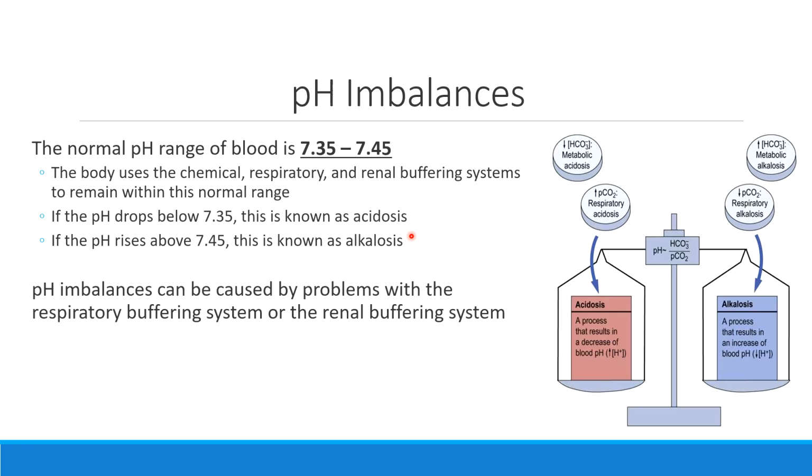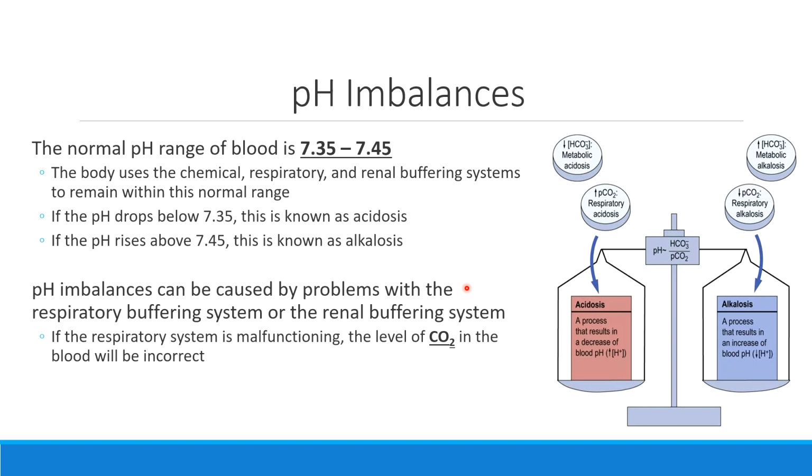alkalosis. When we talk about acidosis or alkalosis, this is going to come down to problems with two of our buffering systems. The first one being the respiratory buffering system, the second one being the renal buffering system. We can have issues with either of these systems, but when we're having an issue with the respiratory buffering system, the way you're going to know is there's going to be a problem with the carbon dioxide levels in the blood. They'll either be too high or they'll be too low, which is what's leading to the development of acidosis